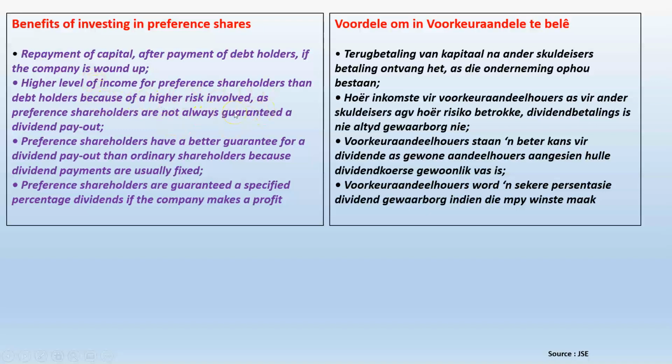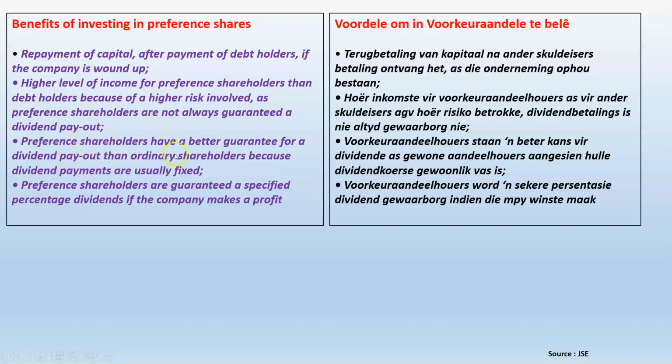And then always, although they have a fixed dividend percentage attached to the preference share, they are only entitled to that dividend if that dividend was declared by the company. But then, if a dividend is declared, we also know that the preference dividends must be declared before any ordinary dividends can be declared. So therefore, they stand in line for dividend declaration, for a share in the profits of the